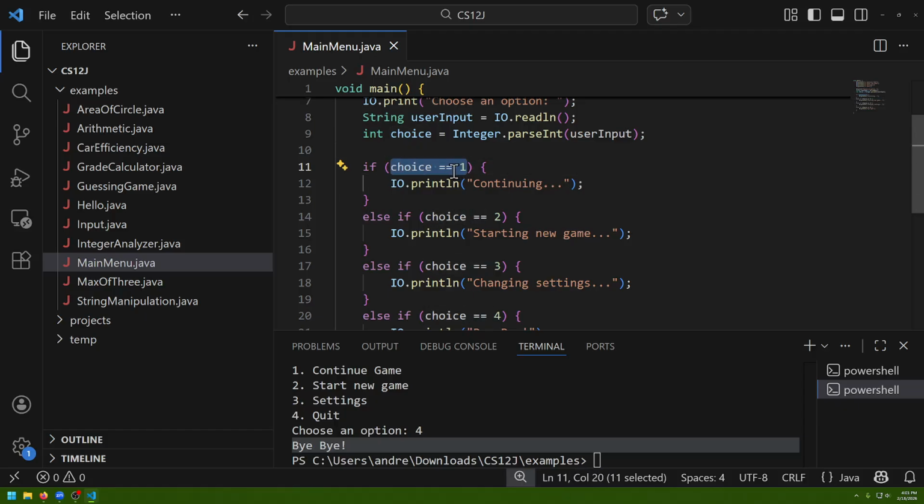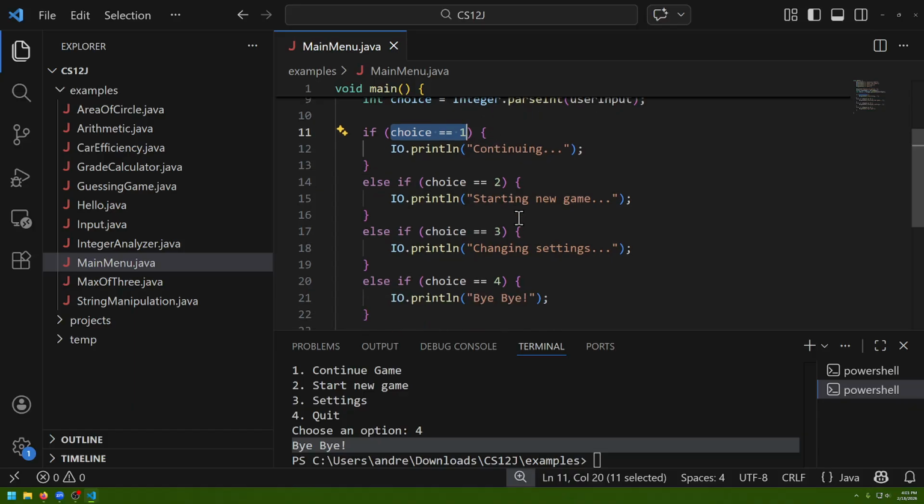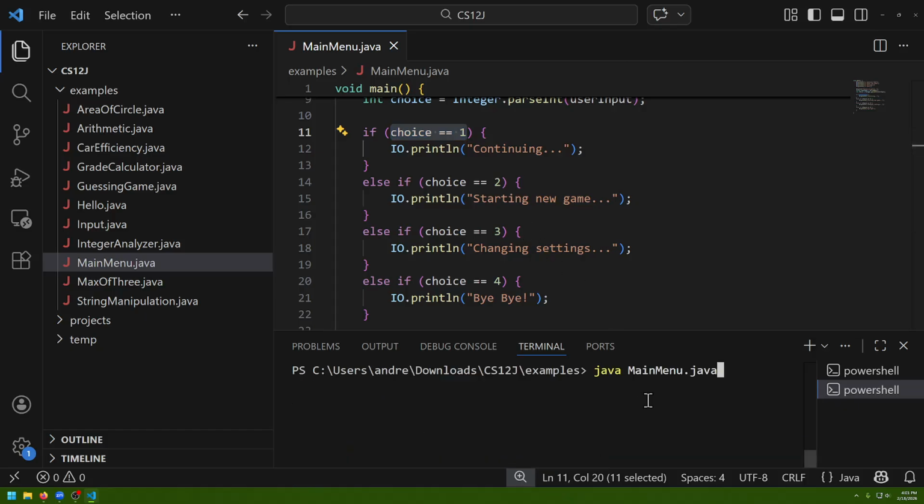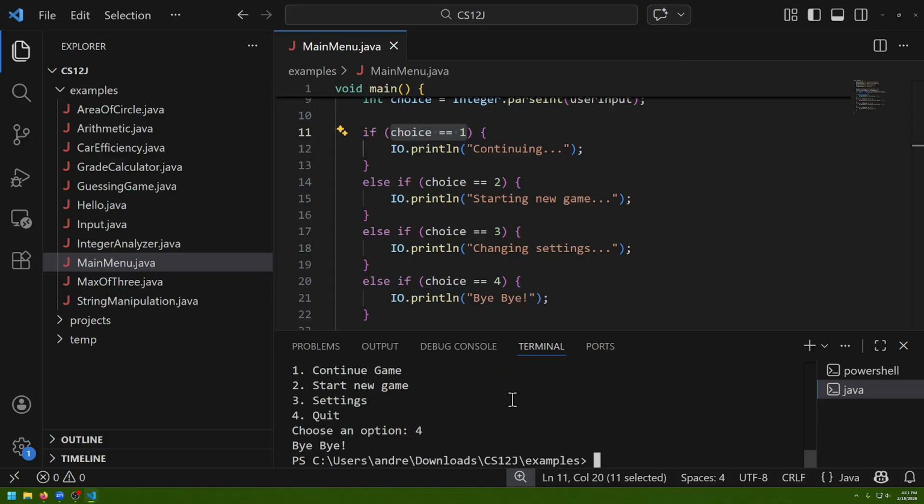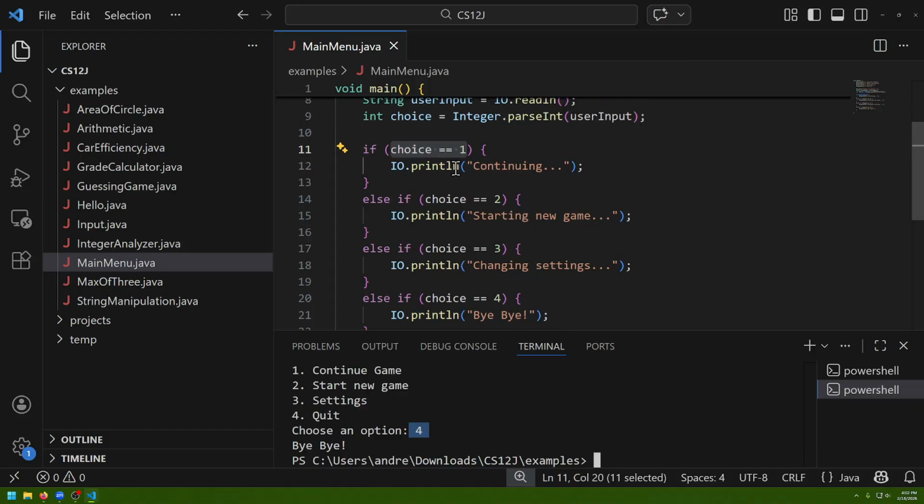Since we're comparing for equality, right? You see what I mean by equality, where we're checking to see if both sides are equal. Since we're doing that, there's actually a more efficient approach we could do. See, check it out. If I run the program again and type in 4, okay, it is instant. There's actually a more efficient approach to this. When I typed in 4, there's some decisions being made. There's some redundant